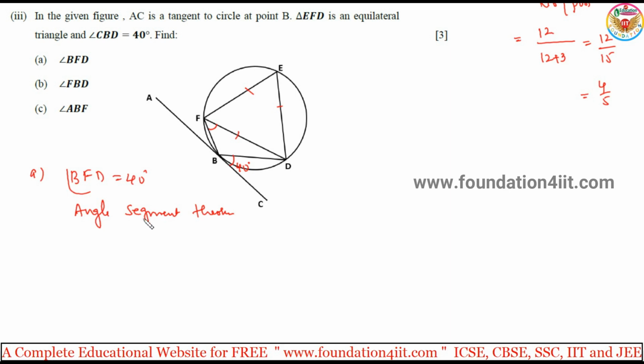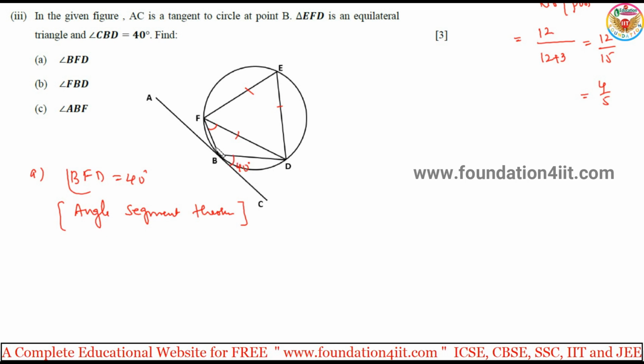Theorem I'm not explaining here, just use the statement of this theorem. Any chord and this tangent, at the point of contact, this right side angle is exactly equal to this interior or other side angle. That means even this left side one should be equal to this. So the angle made by this chord within the circle, within the same segment, that's why it is the angle in the alternate segment theorem. If it is 40 and this is also the same 40, you can just write the reason: angle in alternate segment theorem.